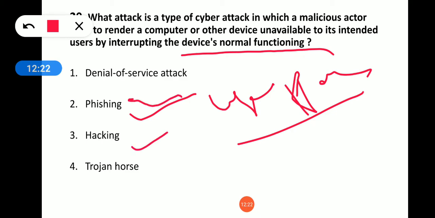And hacking. Hacking means knowing the things in a background manner. There are different types of hacking: black hat hacking and white hat hacking. Black hat hacking means doing illegal things. White hat hacking means, from the government side, we are doing hacking for the safety of the people. And Trojan horse means stealing things from the computer.